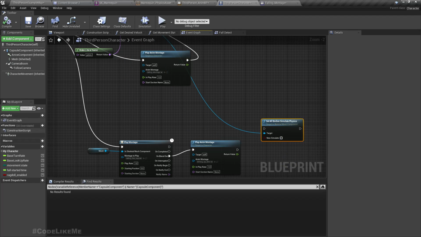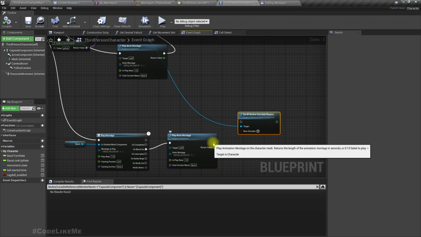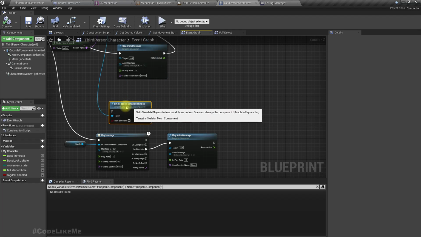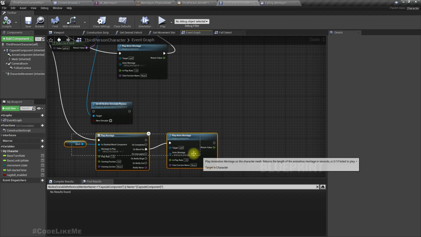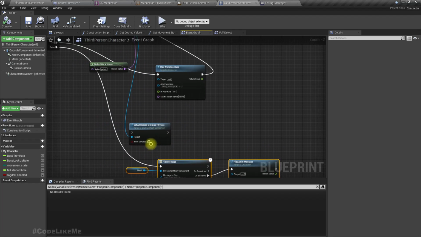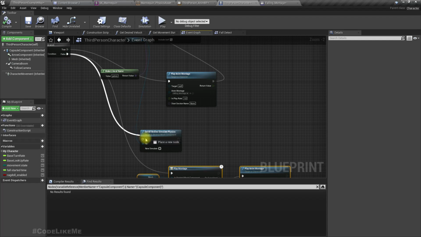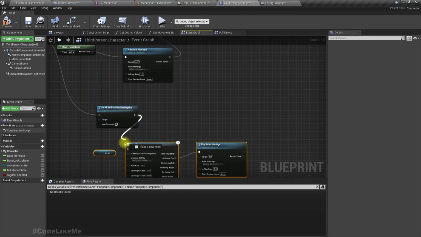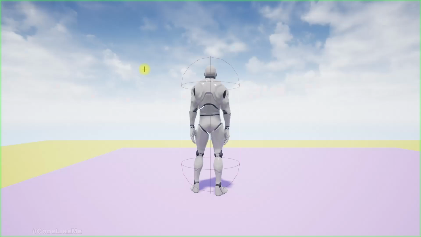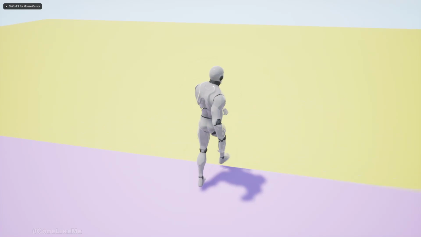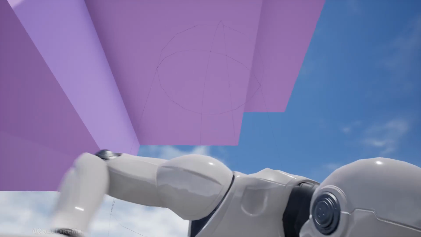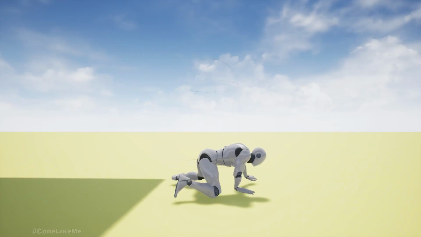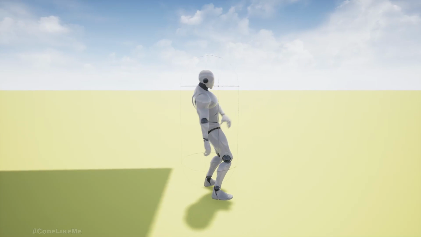But I have to disable it as well after falling down. Now this is where we should see the snapping effect. Let's see. See, there was a snapping.